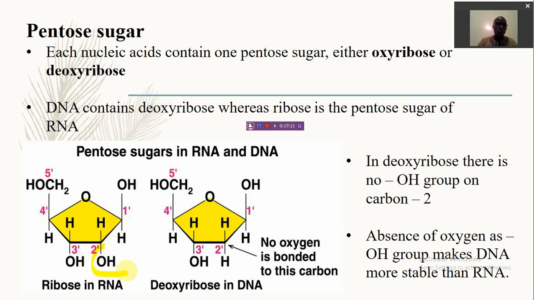At carbon 2, we have a hydroxyl group, that's an OH group. Now compare that with carbon 2 of deoxyribose. You'll notice something important here, and this is the basic distinction between these two. At carbon 2 of ribose, we have OH. At carbon 2 of deoxyribose, we have H, meaning that